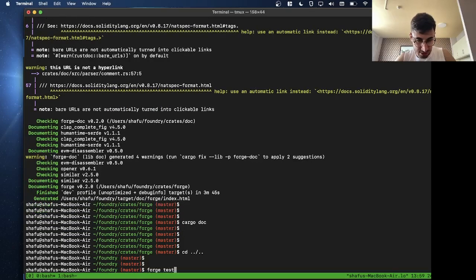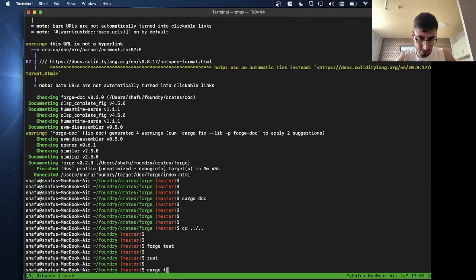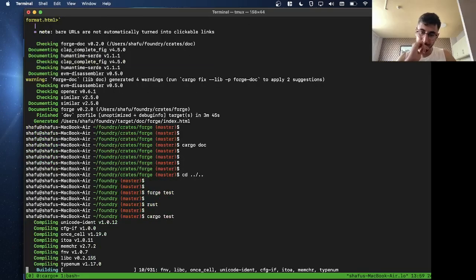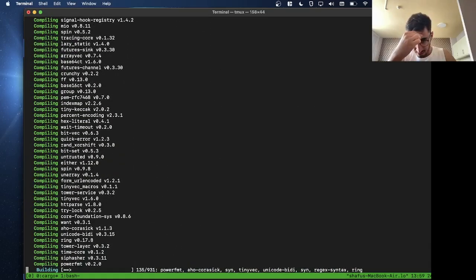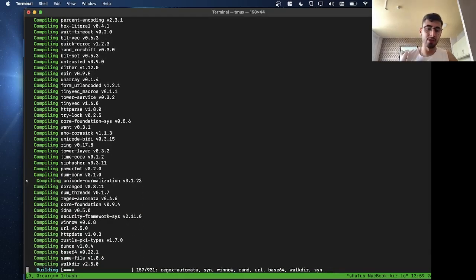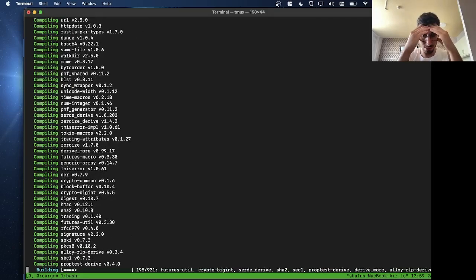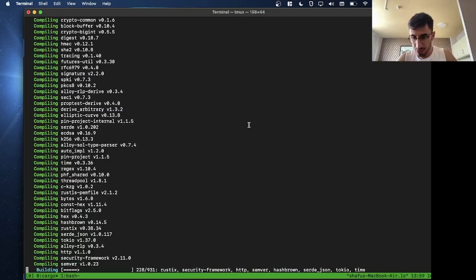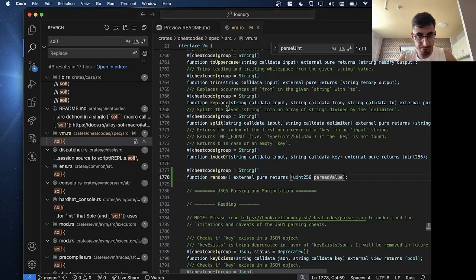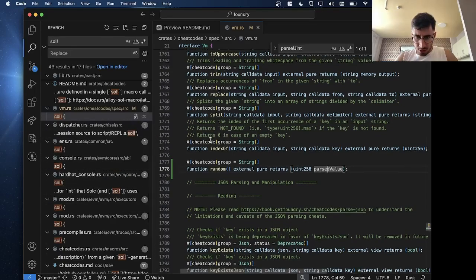Forge test. No, cargo test. I don't know. Yeah, I also tried to run this yesterday, but it just took too long. Actually, no, I actually ran out of storage. Funnily enough, but now I should have more. Okay,